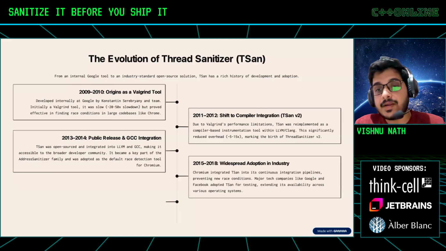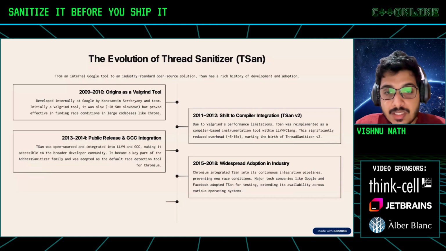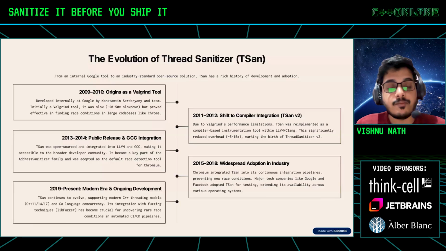And later it integrated into companies like Google and Facebook, which used TSan for testing, and extended its availability across various operating systems as well. And then in the modern era, it's continuing its support. It's helping for C++ as well as Go. And integration with fuzzing techniques like libFuzzer is very crucial for uncovering race conditions like the mutex violations in the